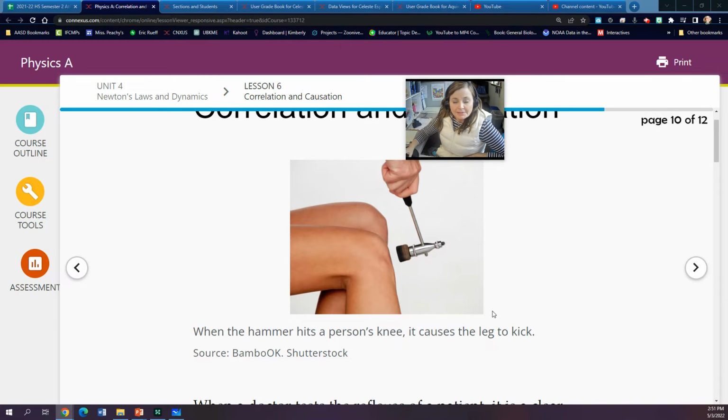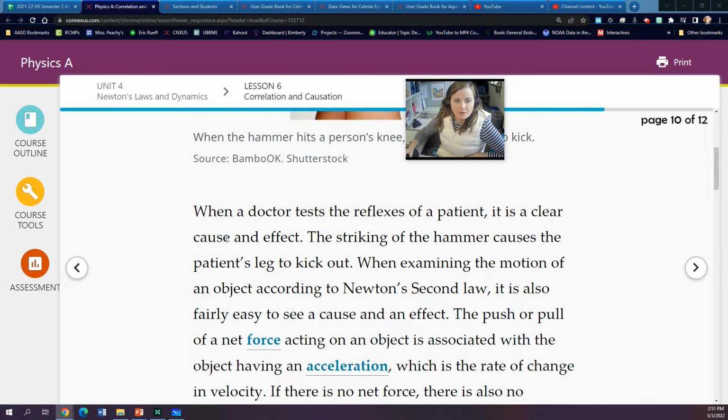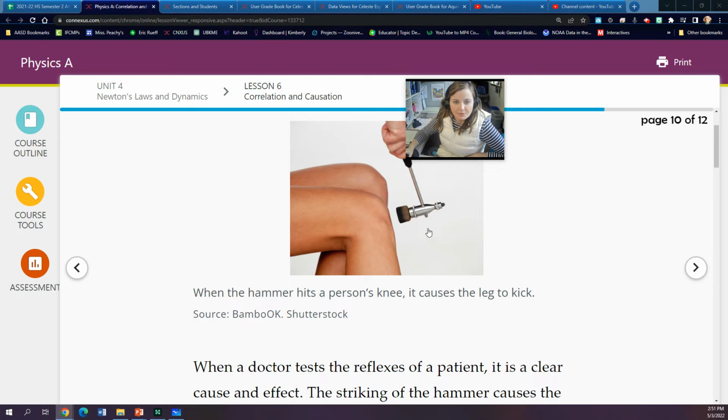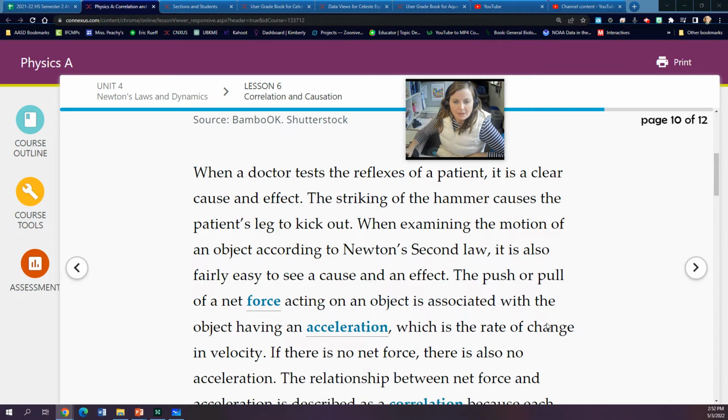So here on slide 10, I move forward a little bit, they talk about reflexes. If a doctor strikes a reflex point, like by your knee here with one of those little reflex hammers, it actually causes the legs to kick out of the patient. When examining the motion of an object, according to Newton's second law, it's also fairly easy to see cause and